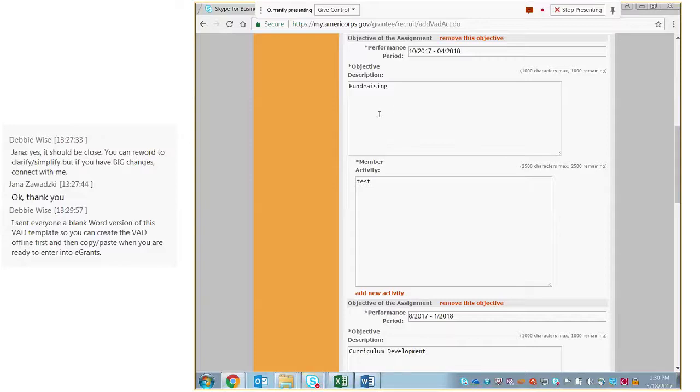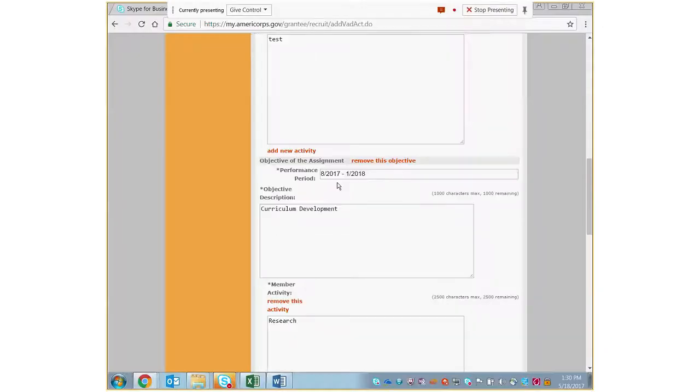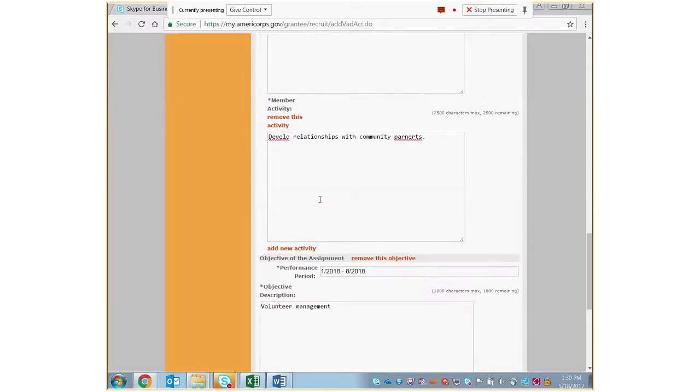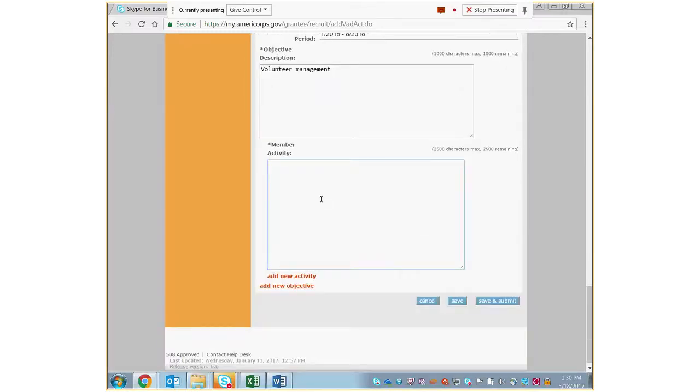But what we're looking for in the VISTA assignment description is that all of the activities the member is working on are activities that are going to lead to the developed capacity of your organization. And also, we're looking to see that some of the activities are building off of each other and are going to lead to a sustainable environment. And as I mentioned on Monday, when I talk about sustainable, what I'm really talking about is the ability to persist. So we want to see that you're building the ability to persist into your VISTA assignment.